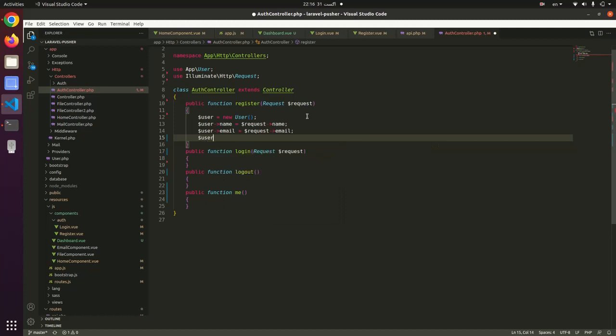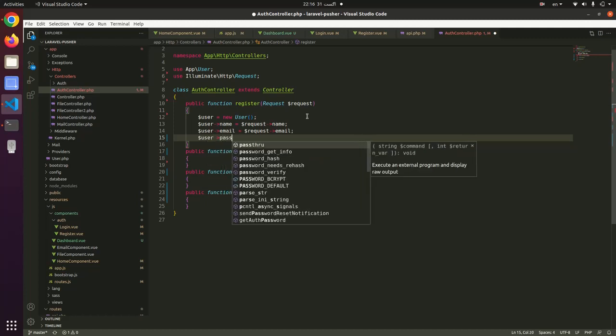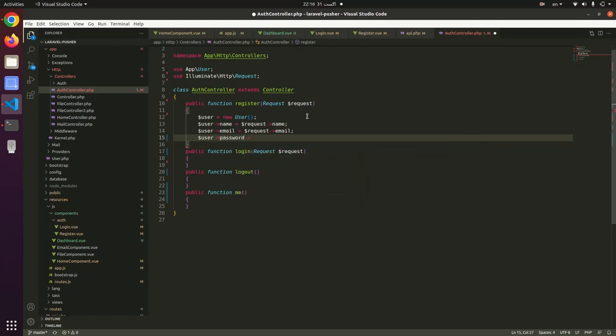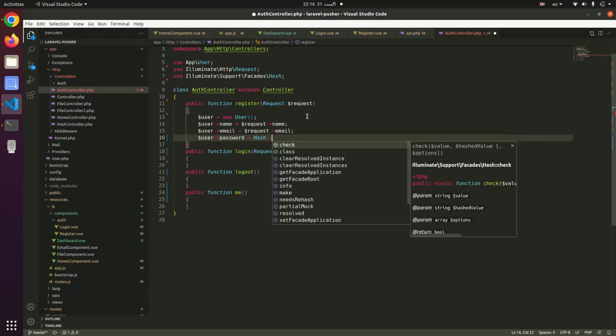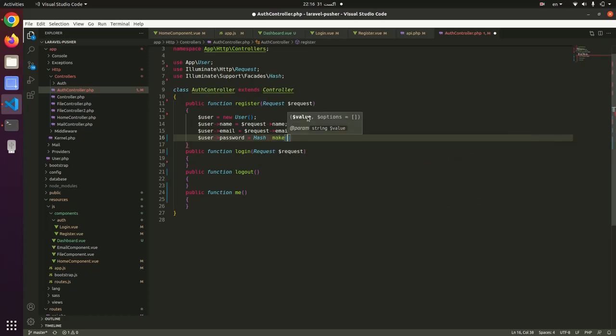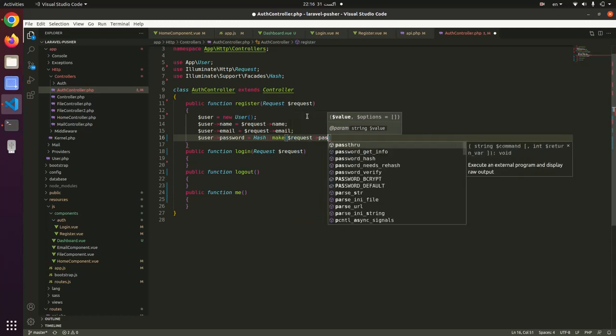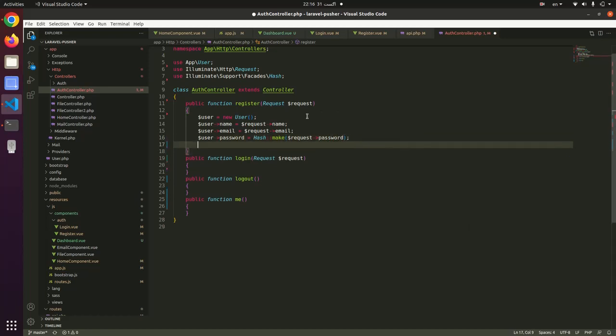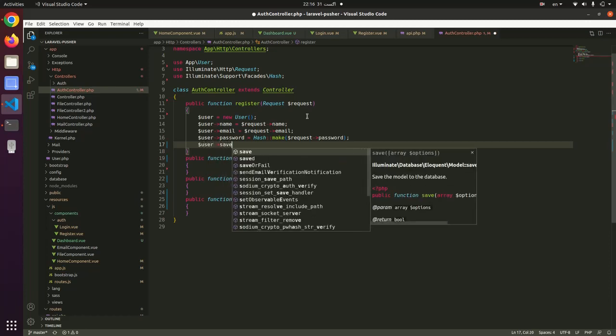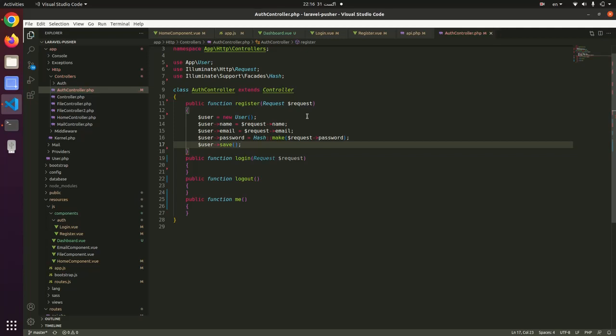For the password, Hash::make request password. Then we save our user. Okay,